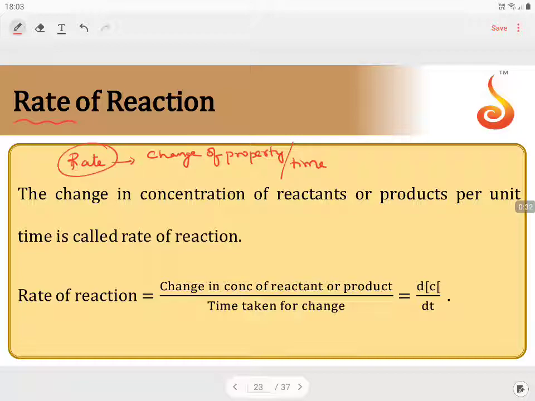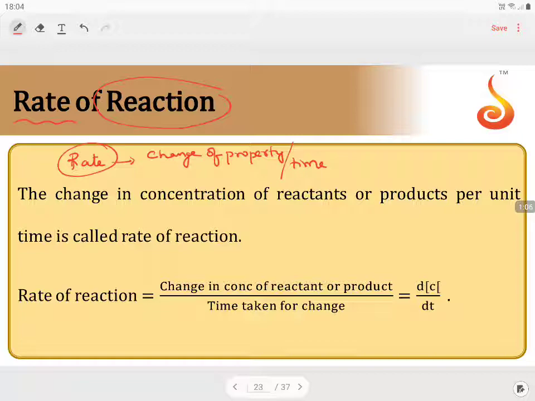Now we have to measure the change that is taking place in a chemical reaction. If you can measure the change in the chemical reaction with respect to time, then that becomes the rate of a chemical reaction. The question that arises here is, how do we measure the change in the chemical reaction? How can we assess that the reaction is in process, change is taking place, reactants are reacting with each other to form products, and products are continuously forming in the course of time?